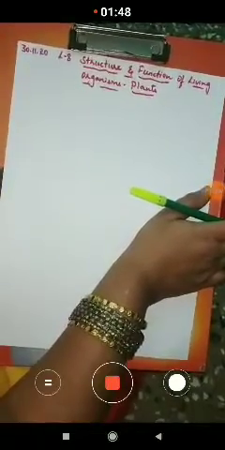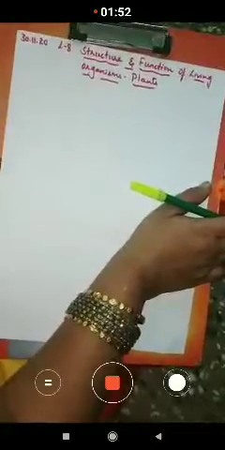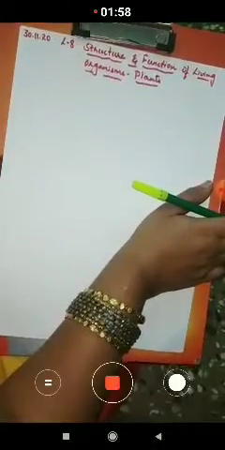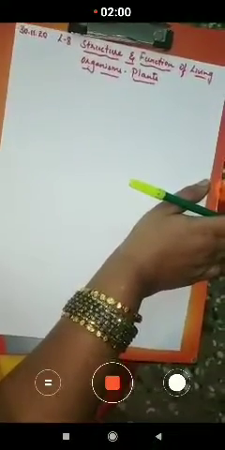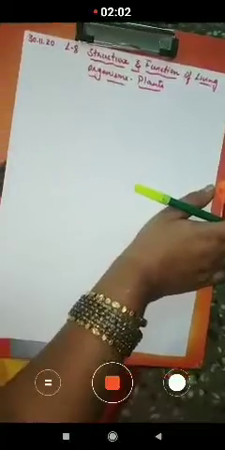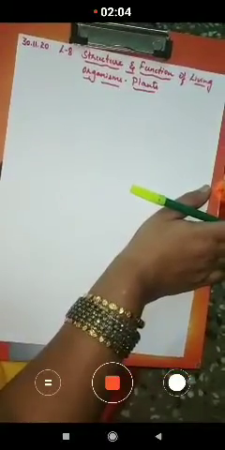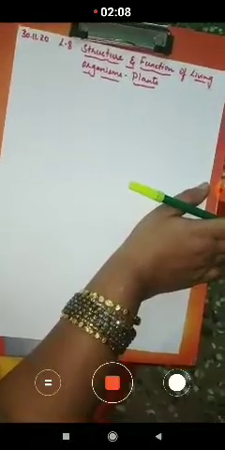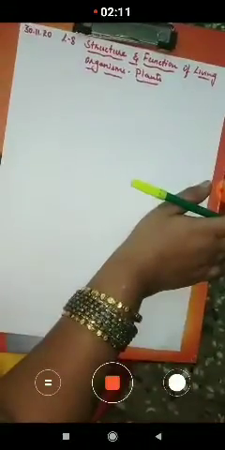After learning the parts of the flower, we learned what pollination is. What is pollination? The transfer of pollen grains from anther to stigma. The process of the transfer of pollen grains from anther to stigma of the flower is called pollination.